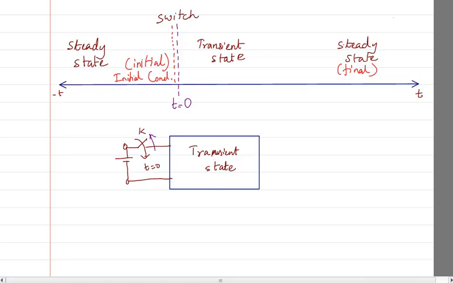Now I told you that there is a switch that will happen here. So at that time, this final state will become the new initial state and the initial condition. Okay, but generally for a problem there is only one transient stage and two steady states, which are called the initial and the final. So this much you remember, and then you concentrate on the problem that we are going to do, when I show you the next one.